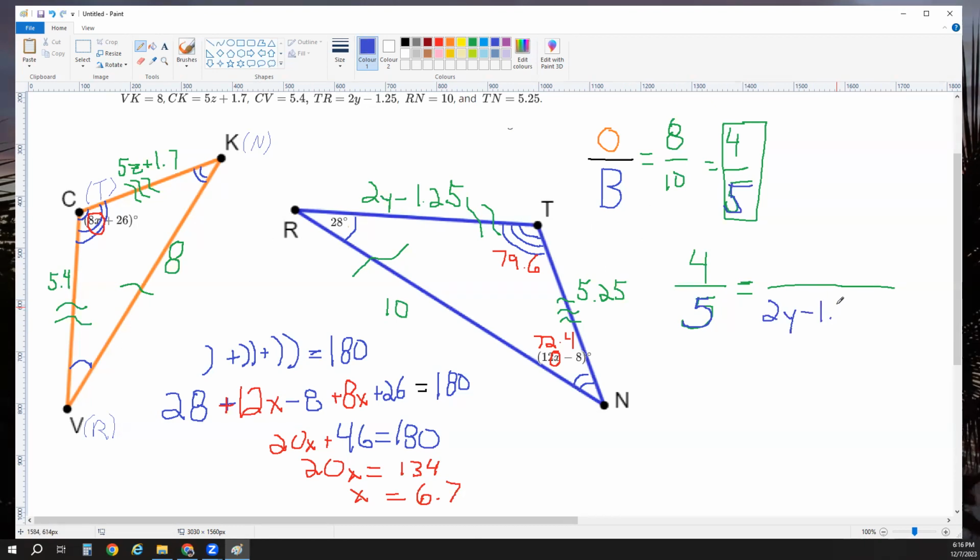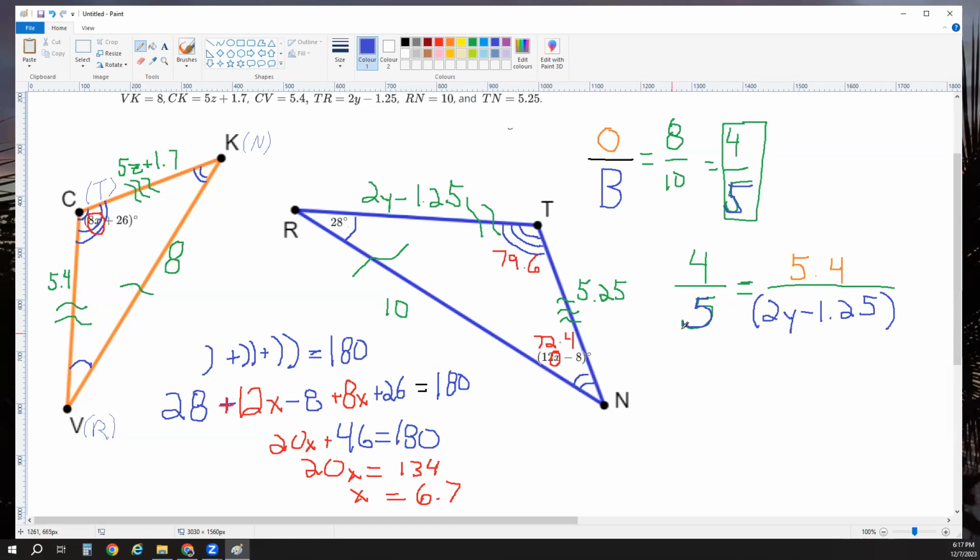minus 1.25. And then what is its corresponding pair? RT is paired up with 5.4 on the other side, 5.4 on this side. RT, RT. So now I just cross multiply. I'm going to have to distribute. Remember, this is like this,